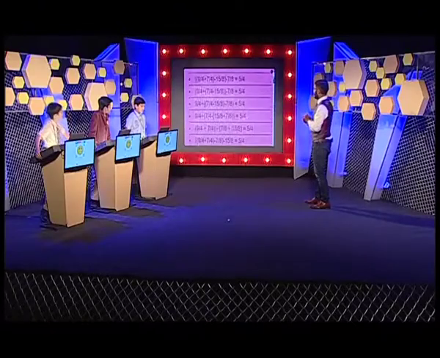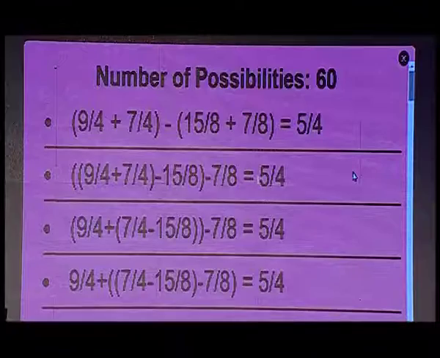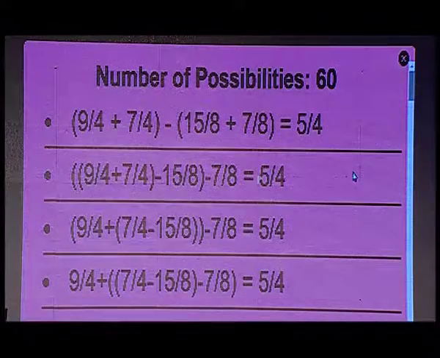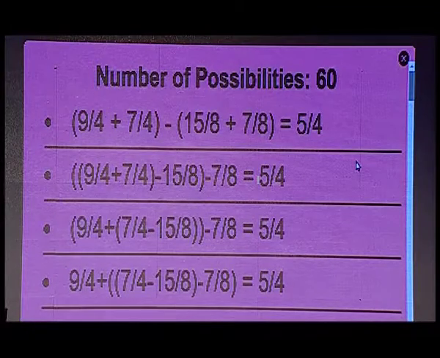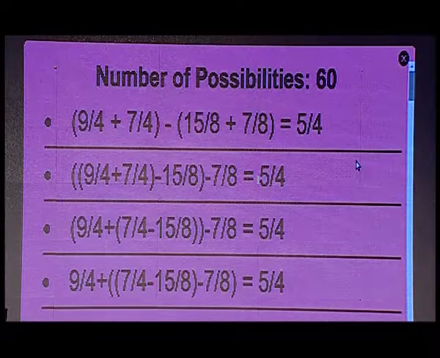Go on, tell me. 15 by 8 plus 7 by 8. Okay. 7 by 4 plus 9 by 4. Okay. 11 by 4 minus 4. I think you went wrong on which way you're going to subtract it. Here it would have been 9 plus 9 by 4, 7 by 4 minus 15 by 8 plus 7 by 8. I think you went off there, but that's okay. That was a good attempt.